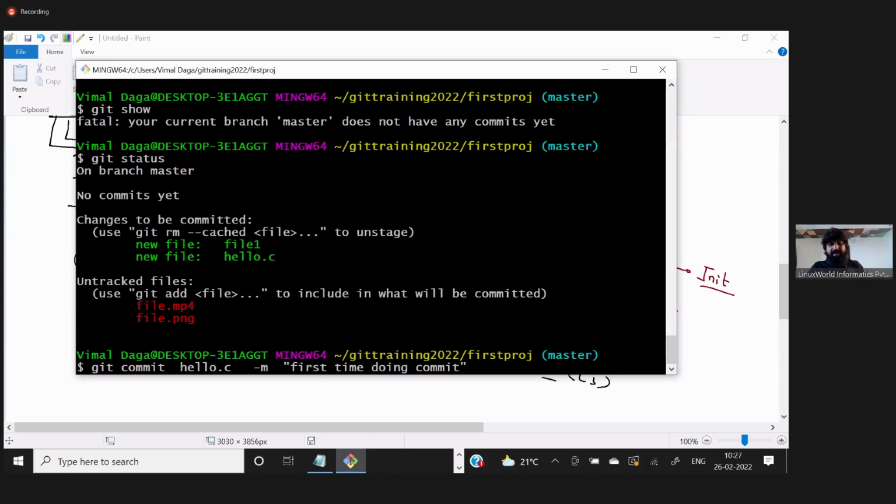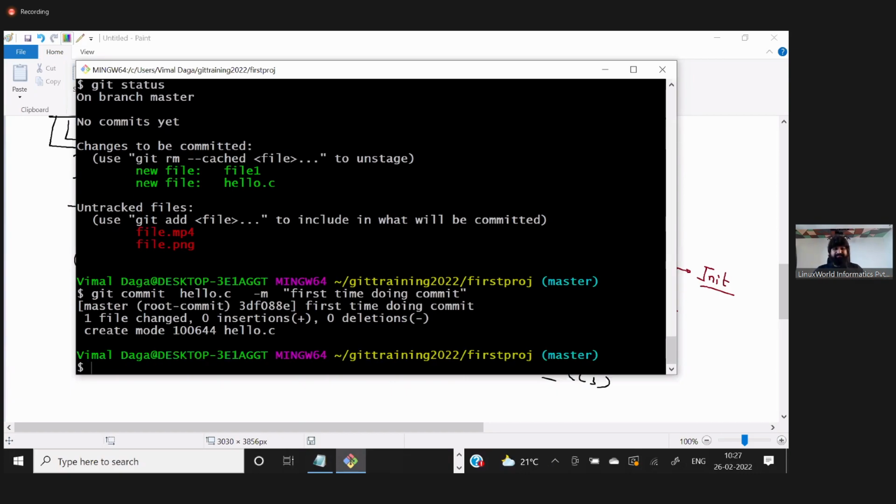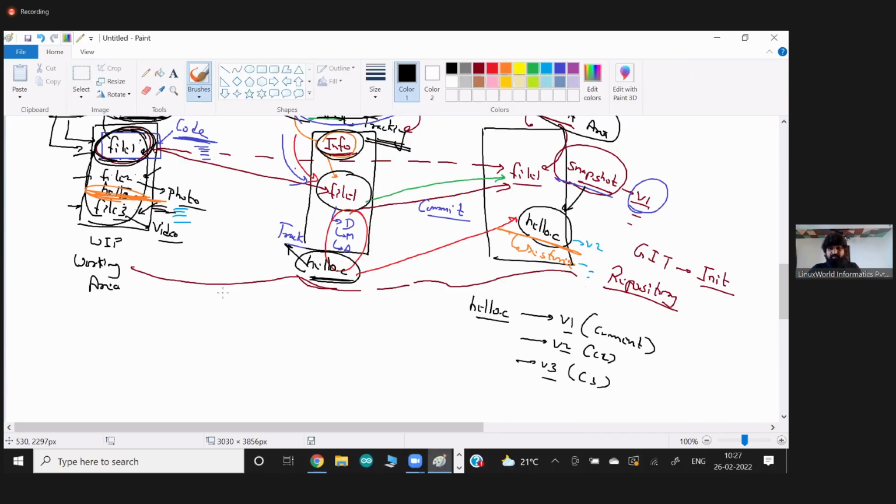Okay, I'm giving a comment, something more realistic, but I'm just giving some comment, something like this. Now the commit is done, and this is the first time we have done it. We have created a backup, or the snapshot, of one file. And now this is the time my data is actually stored in the commit area,